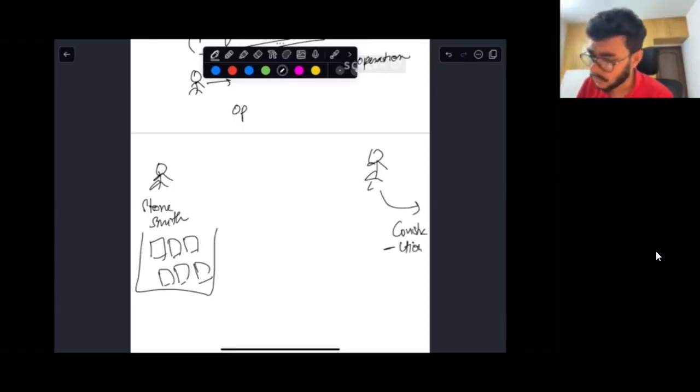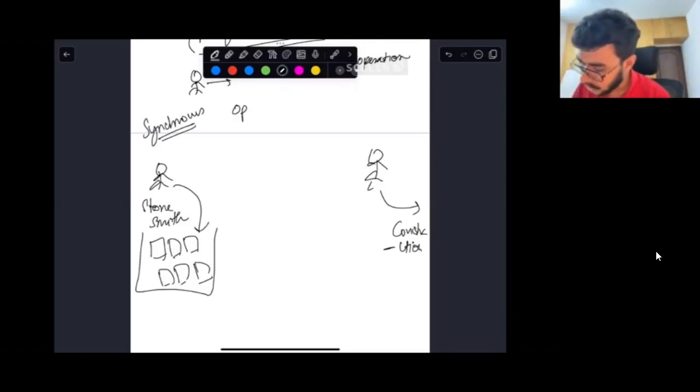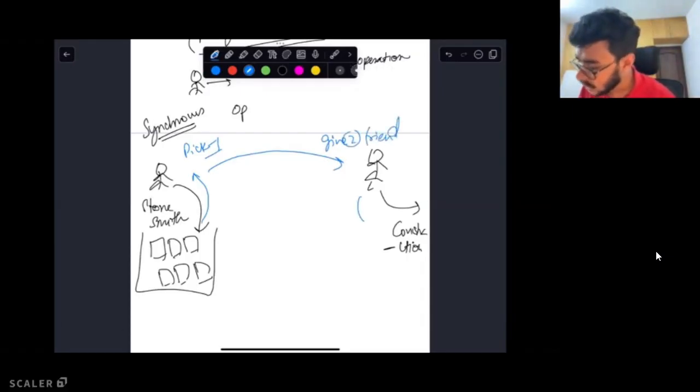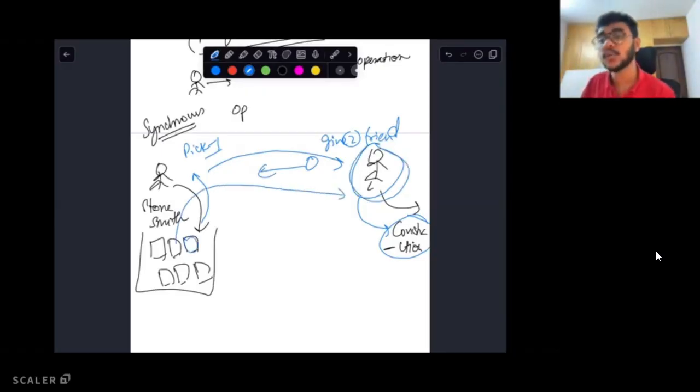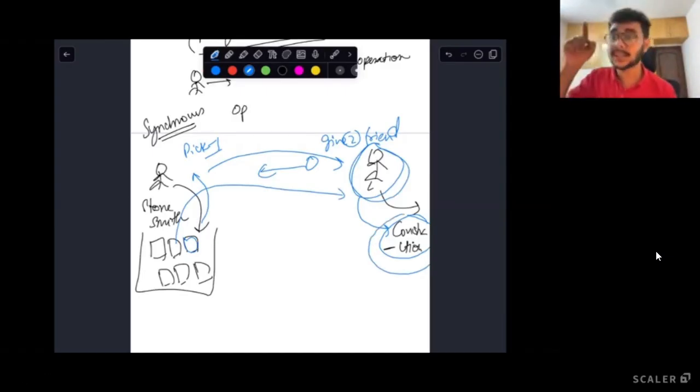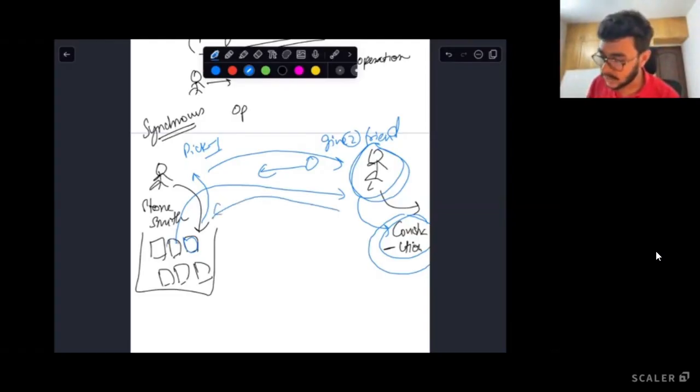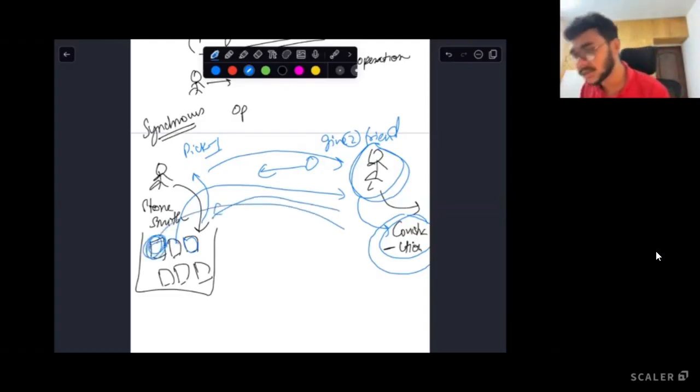So what is a synchronous way of actually doing this? The synchronous way is that you pick one stone, you give it to your friend, and then the friend uses that stone in construction activities. Only after the friend has successfully used it in their construction activity do you go back and bring another stone for them. Then the friend uses the second stone for their construction. Once they are done, only then do you move back to the pile of stones and take the third stone, and you say, hey, I brought the third stone, and so on and so forth. So over here, you're doing an operation in a synchronous way.